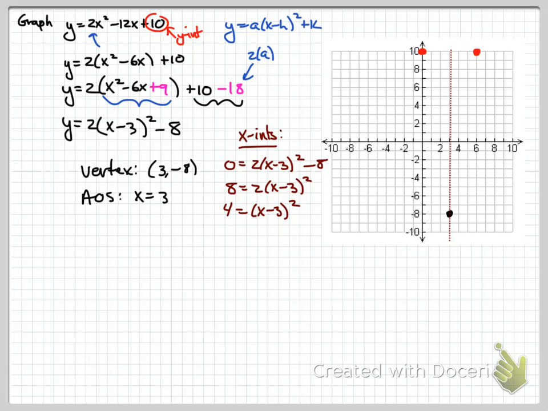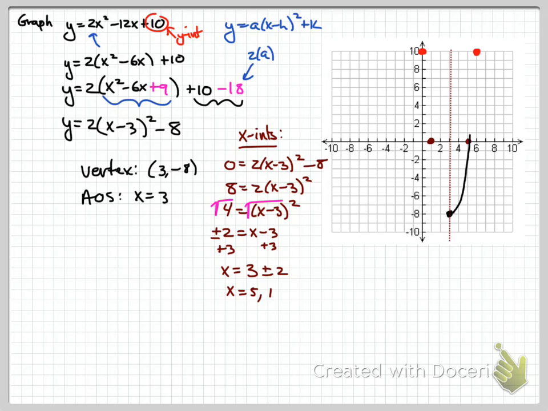When I take the square root of both sides, now 4 is a really nice number, I'm going to get some nice x-intercepts here. Plus or minus 2 equals x minus 3. If I add 3 to both sides, I think our x-intercepts are going to be 3 plus 2 and 3 minus 2. So 5 and 1 in this case. I'm going to go ahead and graph those. Here's one of them, 2 units to the right, and there's another one, 2 units to the left of our axis of symmetry. And I got to be honest, I think we're pretty much ready to go ahead and sketch